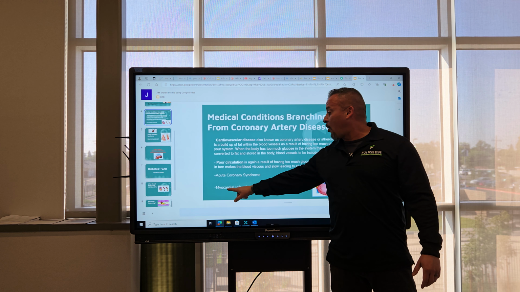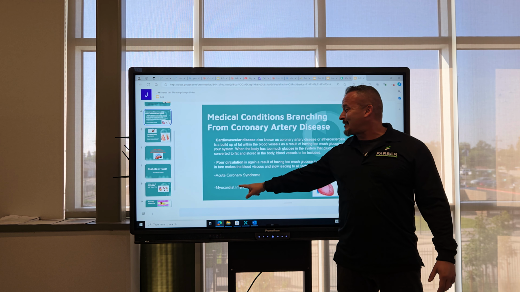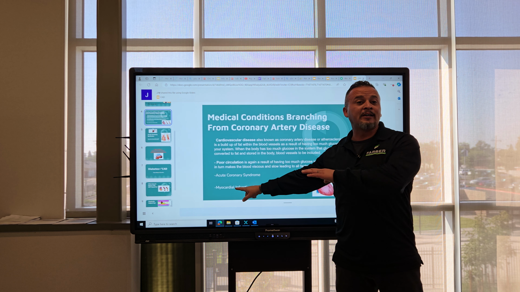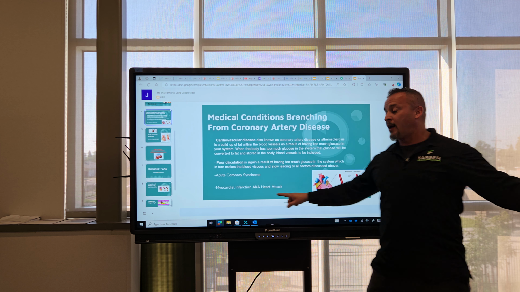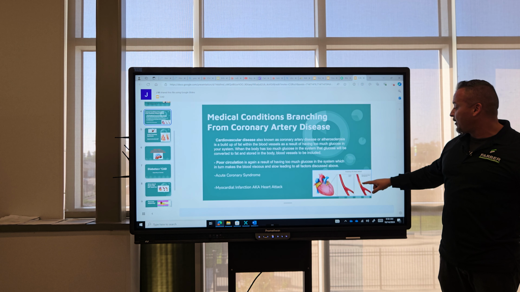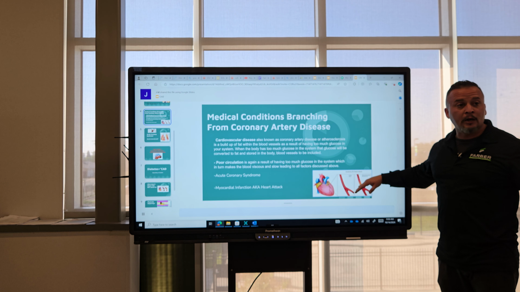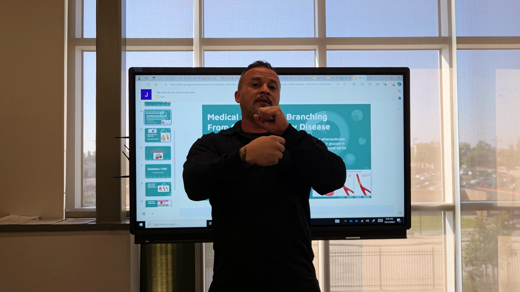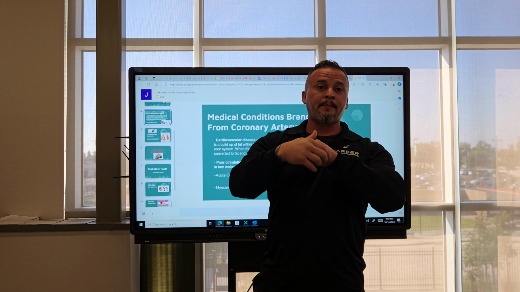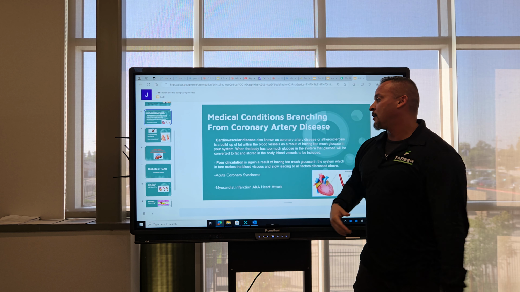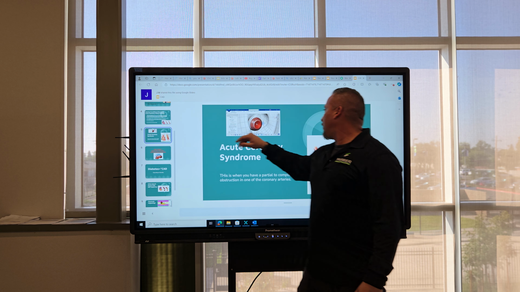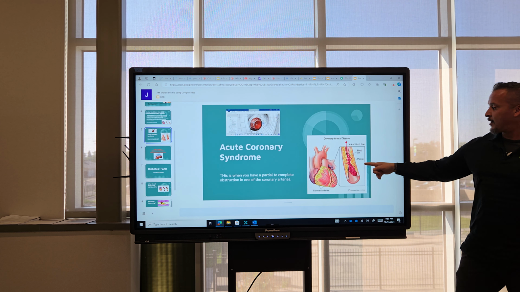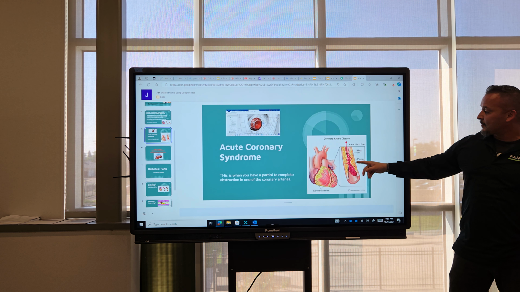And then myocardial infarction is the exact same thing, but it just means that now it's completely closed off. Now this grew so hard that it just completely closed off blood flow to a part of the heart, and now that part of the heart is dying for sure, most likely. All right, so that is, and here's your visual, okay? So this right here is a